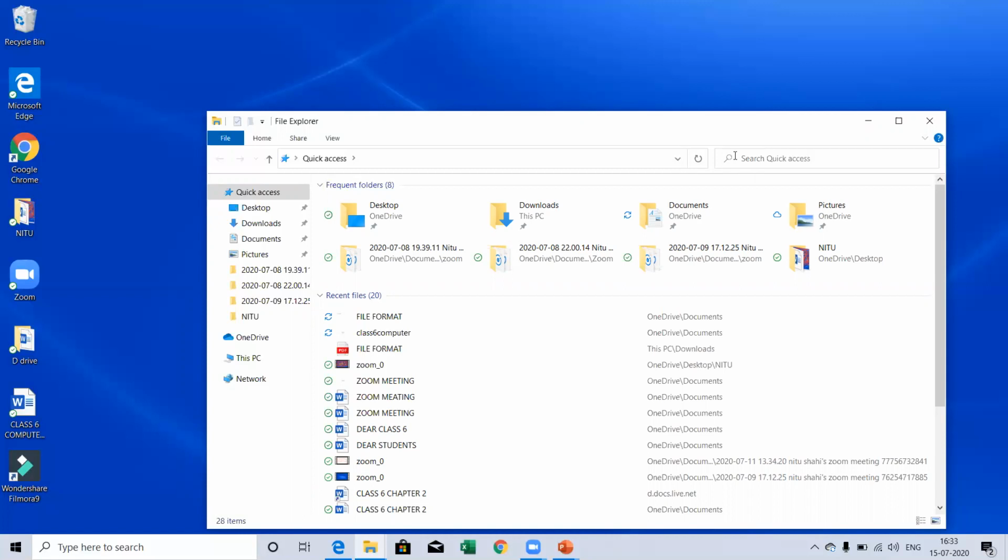Star or asterisk, we use this to search for a file when you want to replace a string of text. Suppose you totally forget your file name, but you remember its extension, meaning which type of file it is: a Word file, an Excel file, or a PowerPoint file. If you remember the extension of that file, you can search for it.